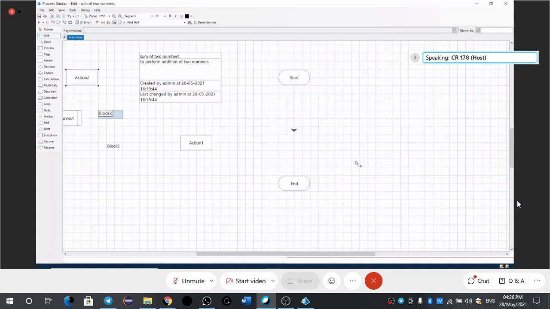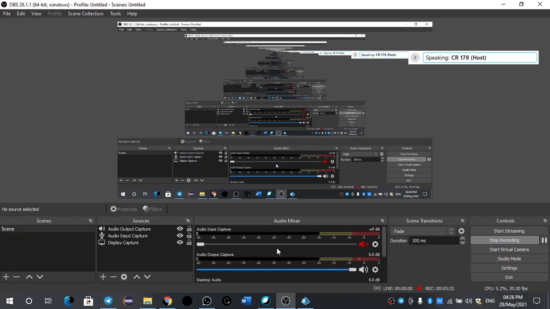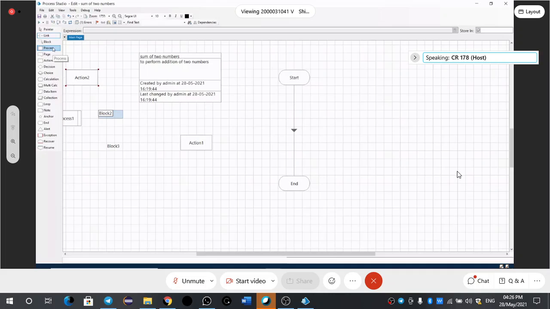Okay. Next we have block, which is used for creating a block of statements. In C we have statements like that, and block is also used for creating a block of statements. Next, process. We are already in one process. In order to create another process that is working under the main page, you have to use this process stage. Then we have page. In this space, we are by default in the main page.